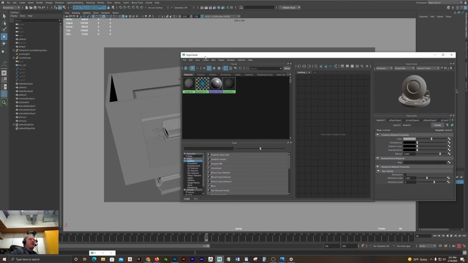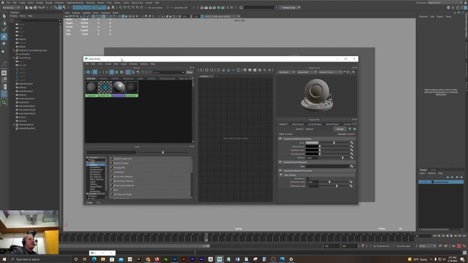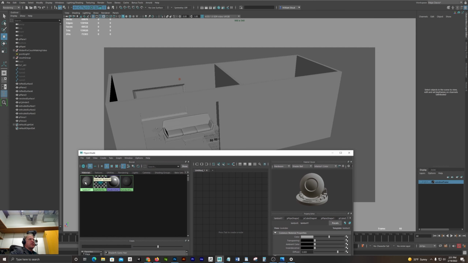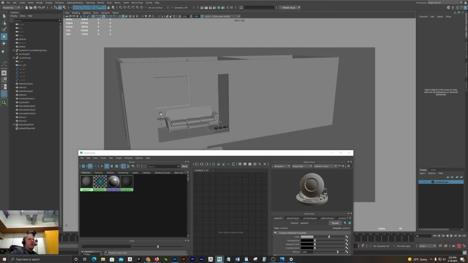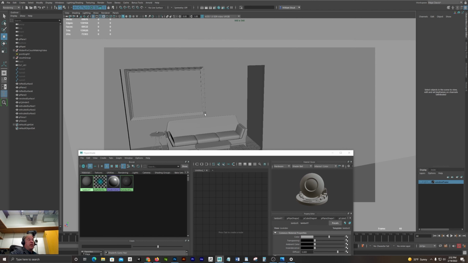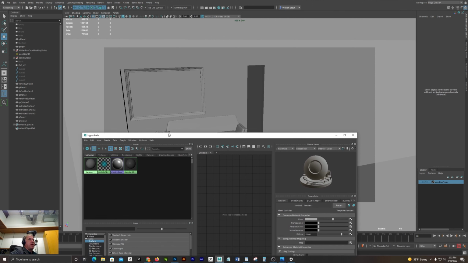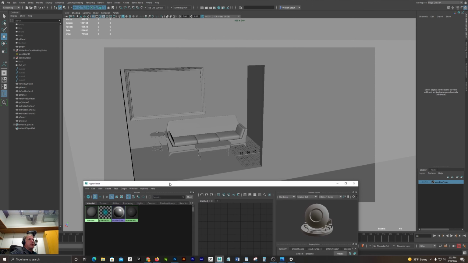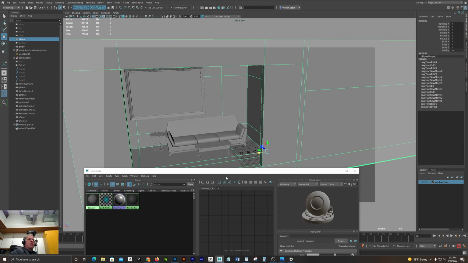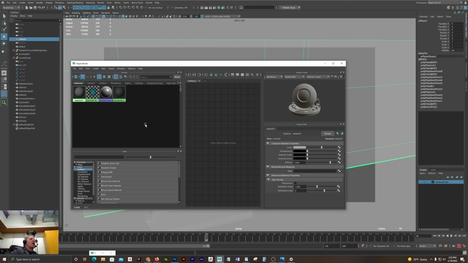Lamberts are great, they render fast, they have no specularity, no reflection. So if you want a matte surface, they're great. And they do render really fast, faster than anything else because of the lack of reflection and specularity. But we want something that's going to have a little more interest to it. So for the walls, I am going to create a new material,